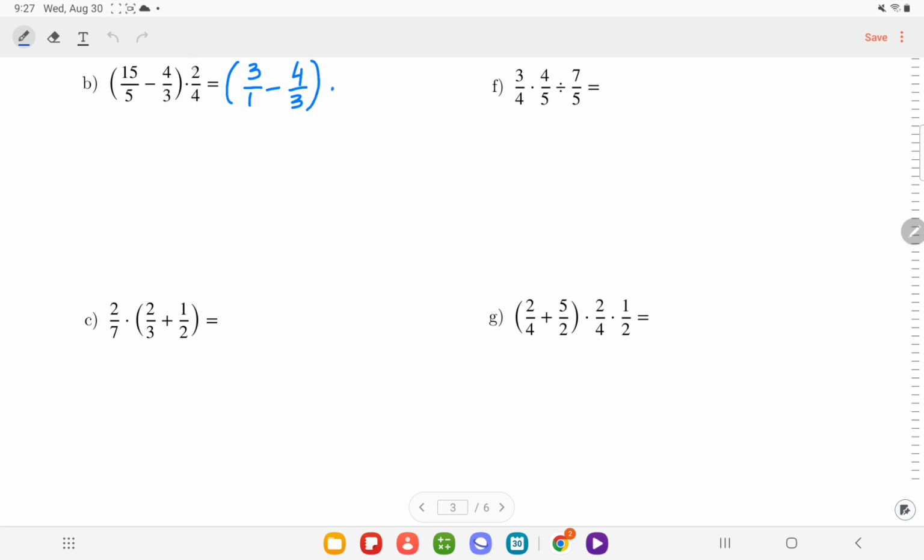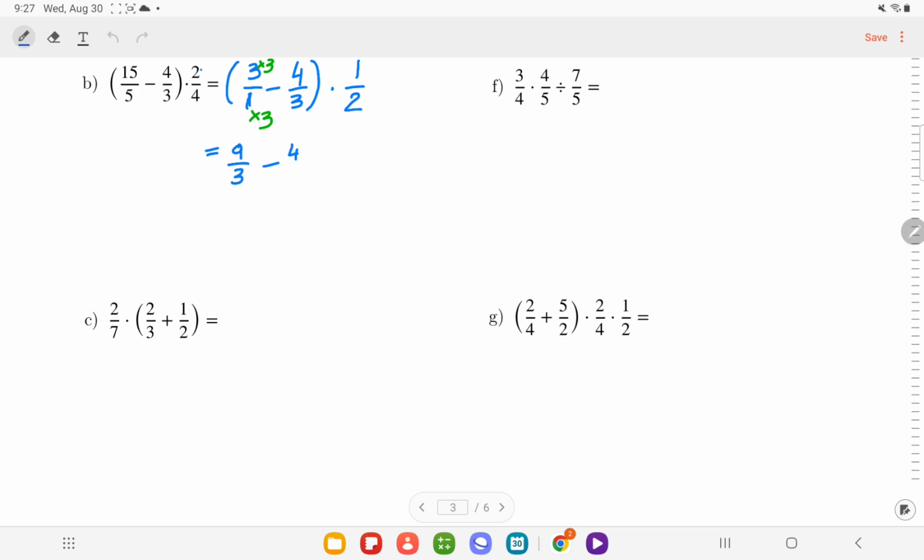Another fraction, 2/4, can simply be reduced to 1/2 by dividing 2 and 4 by 2. Now to find the common denominator, we check if we can make 1 into 3. So we're going to multiply 1 by 3, same with the numerator, and we get